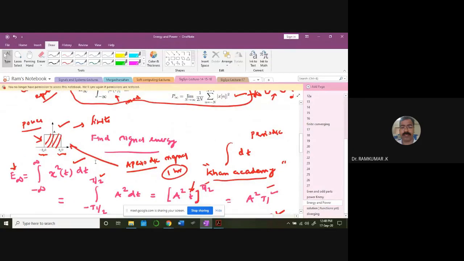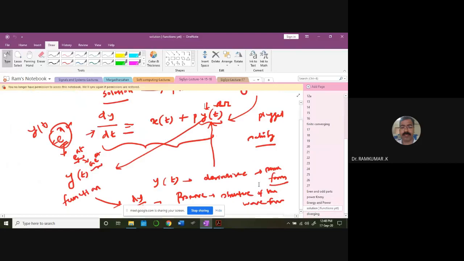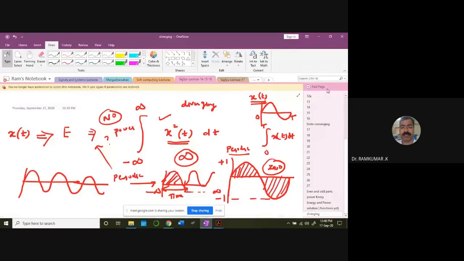Energy becomes infinite, primarily because you are computing this integral from minus infinity to plus infinity. When you compute it for a periodic waveform like this, that too squared, okay, if it is not squared, it is 0. If it is squared like this, the waveform is like this, so you get a huge amount of energy for the periodic waveform. It's a diverging series, it cannot exist. Okay, so that's the key idea you have to understand in today's class.